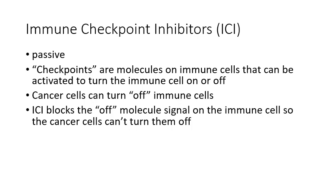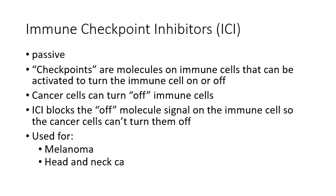What I say is it's like putting glue into a lock so you can't put the key in there. The cancer cell has the key that fits in the off switch, because cancer cells are really sneaky, and of course they've stolen the key from somewhere. So what we're doing is putting glue in the lock so that they can't put the key in the off switch. And they've got some really good results using ICIs for melanoma, for a lot of head and neck cancers,